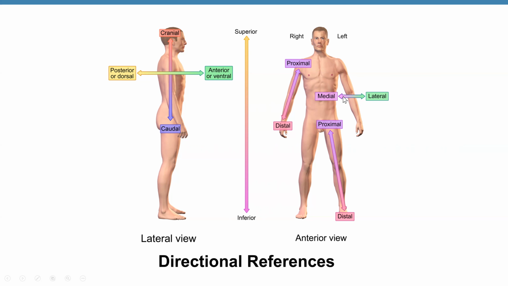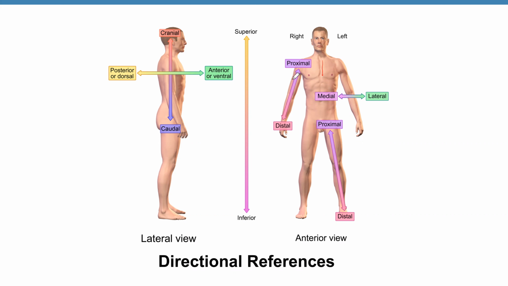We also have medial towards the midline of the body. So here's the midline. So medial towards the midline and lateral is away from the midline. Next,